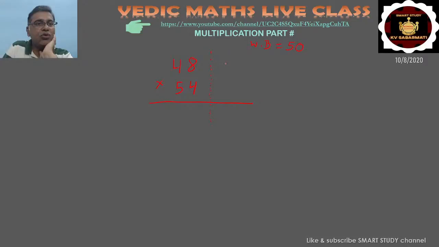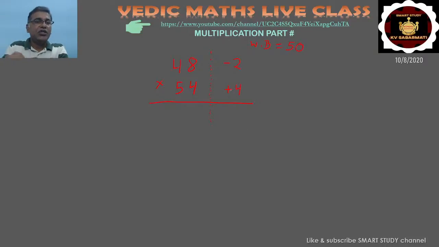48 is 2 less. If it is less, then I have to write minus 2. That has to be very, very clear, beta. And here it is 54. 54 is 4 more, so I will write plus 4. Very good. Many of you have already started answering. Very good, beta. Niva Parmar.